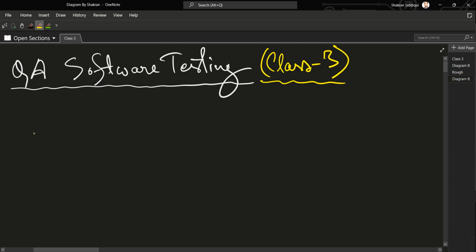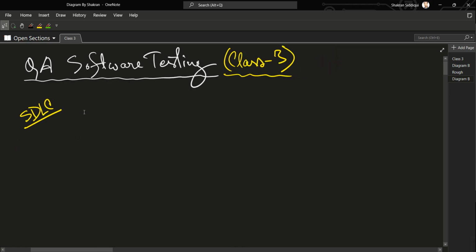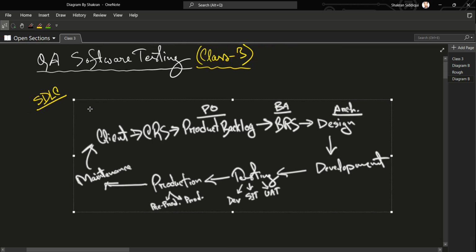So, in the last two classes, we have come to know about a short little process that people are very scared to learn about, which we understood very easily in the two classes actually. That is known as SDLC, short for Software Development Life Cycle. And when we learned about this software development life cycle, we had come to know about something like this,